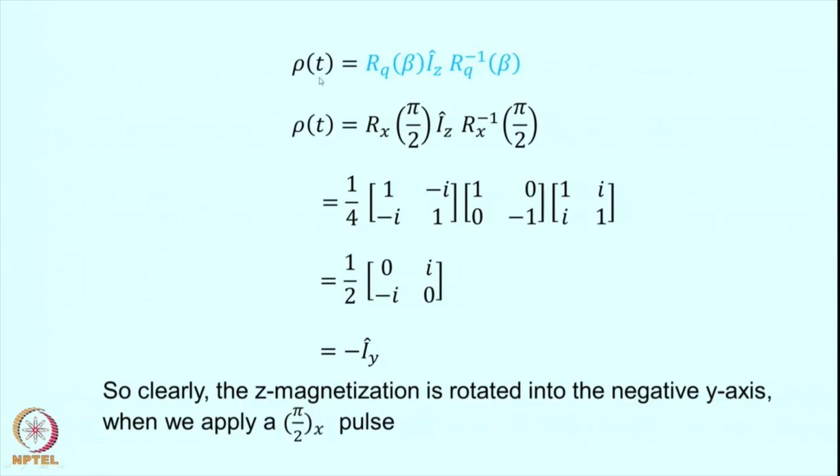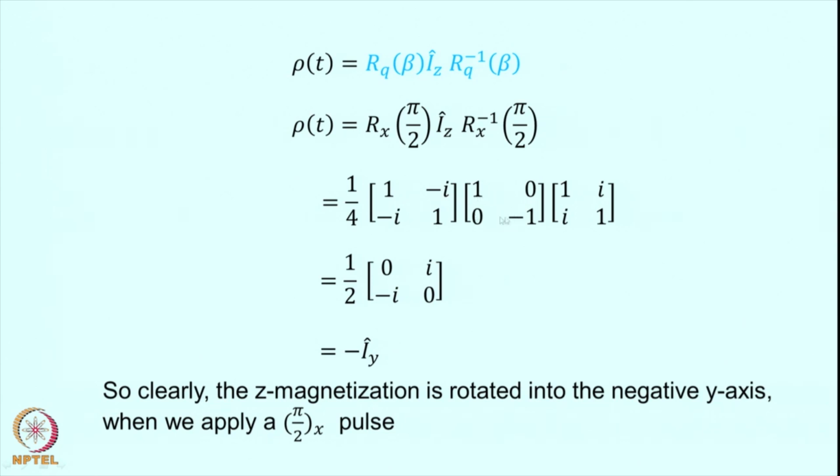So the density operator here, rho of t, this is the same equation back here, R_q beta I_z R_q minus 1 beta, and therefore I put here R_x pi by 2, I_z, and R_x minus 1 pi by 2. Now we calculated what R_x pi by 2 is, that was this, and now I get here 1 by root 2 from here, 1 by root 2 from here, and this gives me 1 by 2 in the matrix. Therefore I have a 1 by 4,